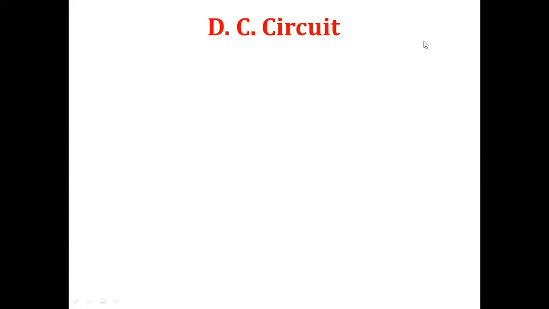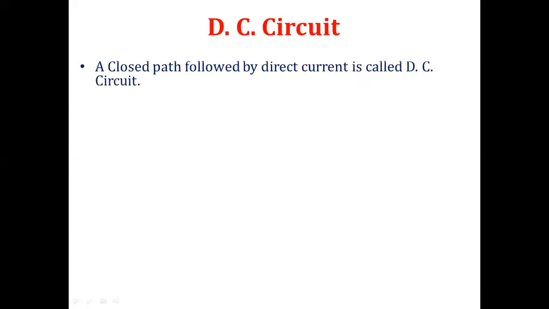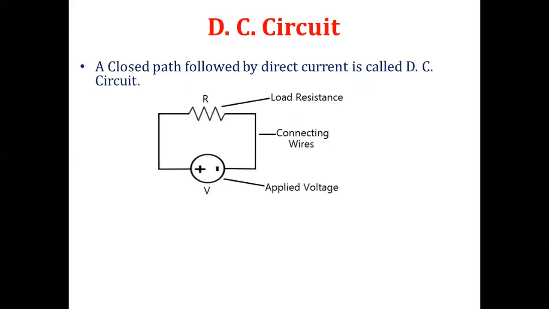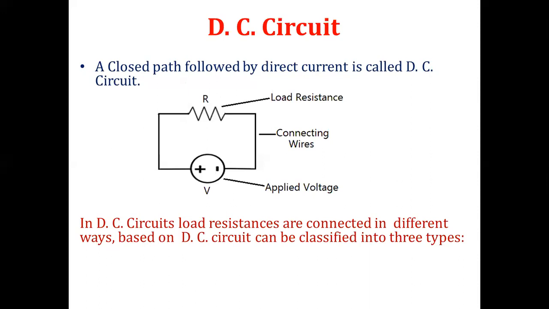We have already started the DC circuit and we have already discussed some basics of Ohm's law, open circuit, short circuit, and some Kirchhoff's laws, Kirchhoff's voltage law, current law, and all the things. Now we'll go for the next topic in the DC circuits. Again, some connections are there. The resistances we have already discussed, by connecting those resistances in series and parallel, what will happen in the circuit? That one we are going to discuss here now.